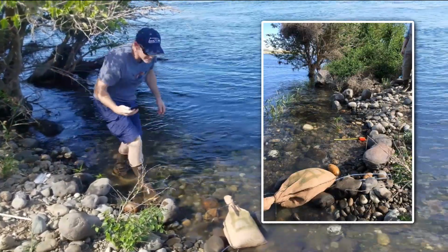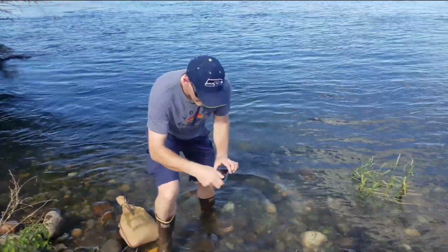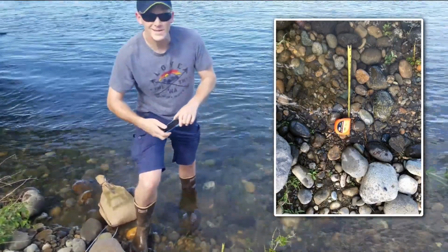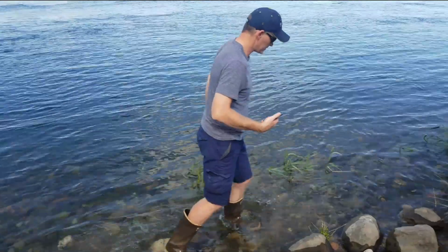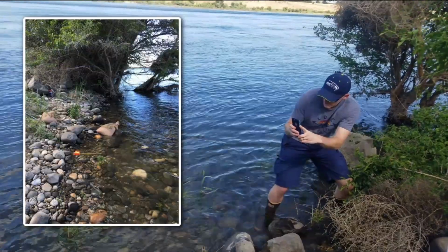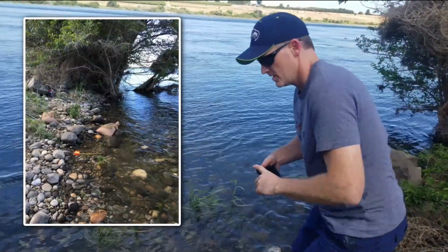I'll show you what they look like on the video. So that was a downstream shot. For the sediment picture, you're able to see that tape measure and get close enough so you can get a sense of the texture of the sediments. And we'll head downstream. Take that picture, and looking across the river,